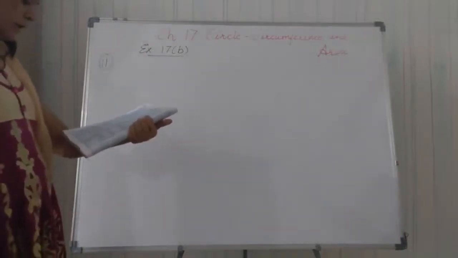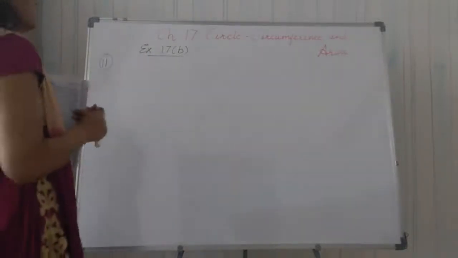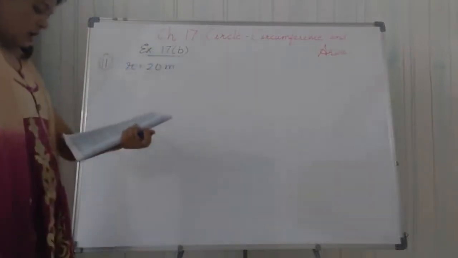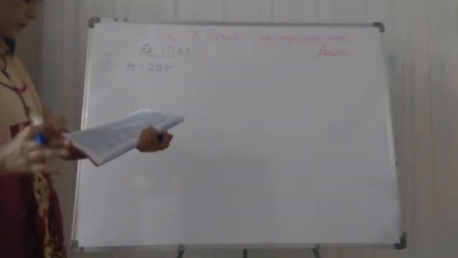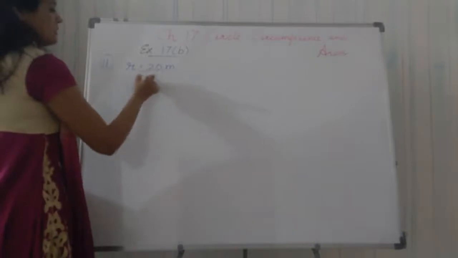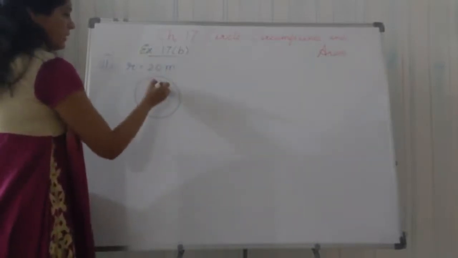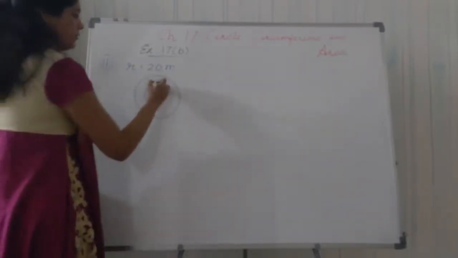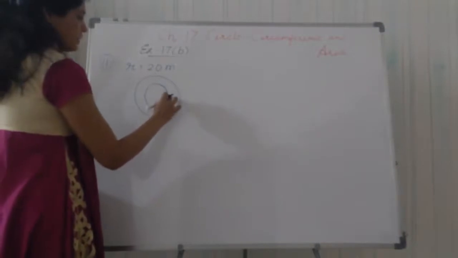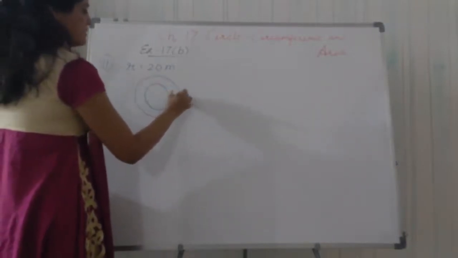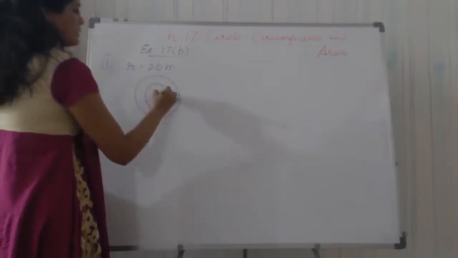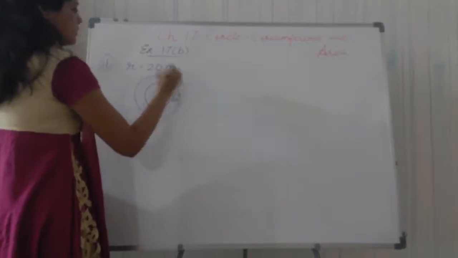In this question, the radius of the circular field is 20 meter. So here we are given radius 20 meter. Then inside it runs a path 5 meter wide all around. So see students, there is a circular field and there is a path inside it whose width is given 5 meter. So like this, another circle inside it, and this is 5 meter path given to us, and the radius of the outer circle, this is 20 meter given to us. Okay, so find the area of the path.